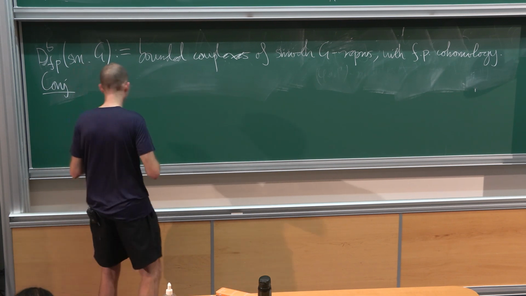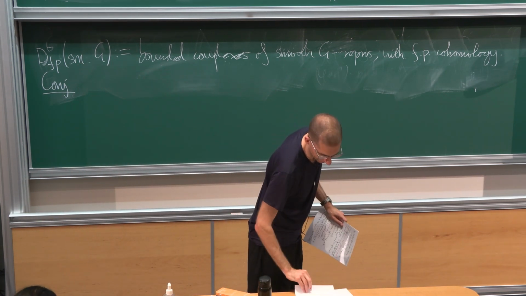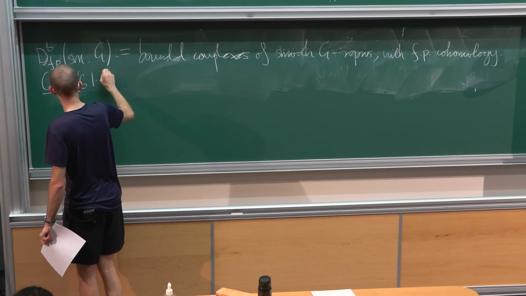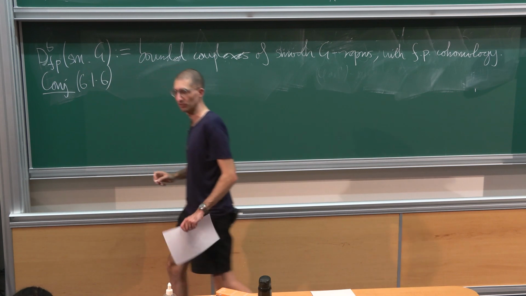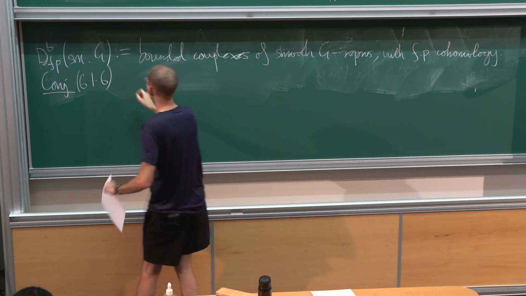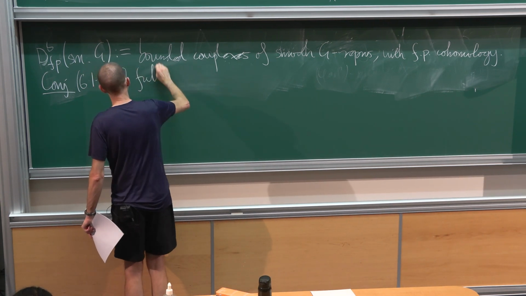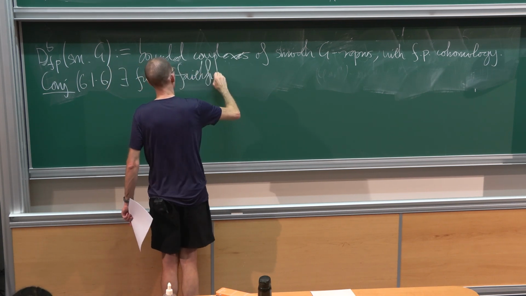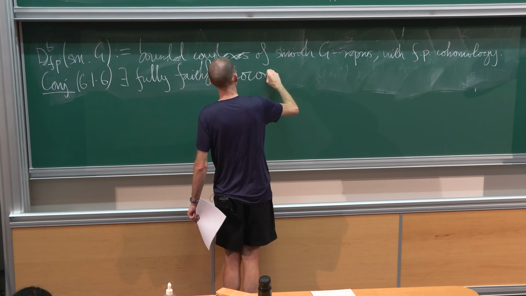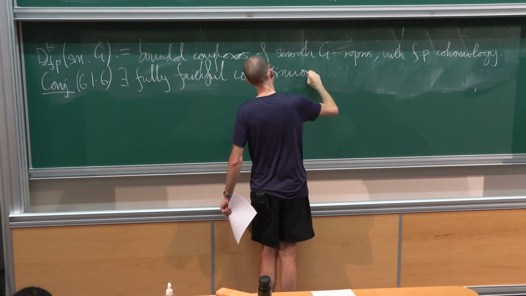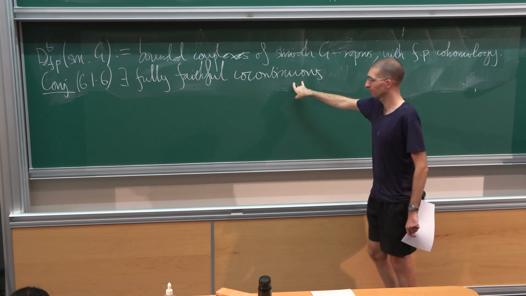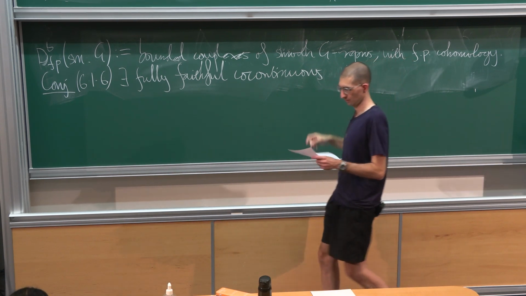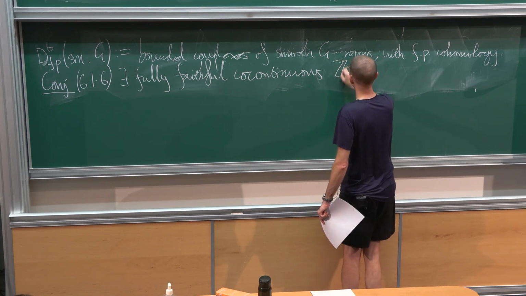Okay, so let me actually make sure I do state a conjecture. I'm going to give you a reference to the notes because there are a lot more details in 616. I'm going to state it very briefly. So there exists a fully faithful co-continuous functor. For me, co-continuous means preserves colimits, which I think is what geometric Langlands people call continuous, but we call it co-continuous. ZP linear